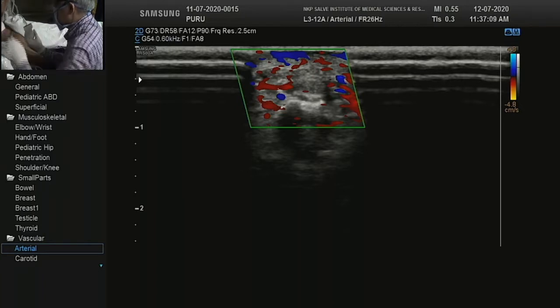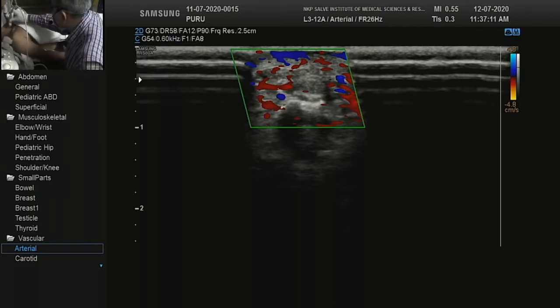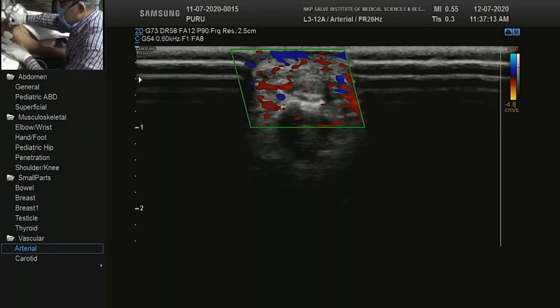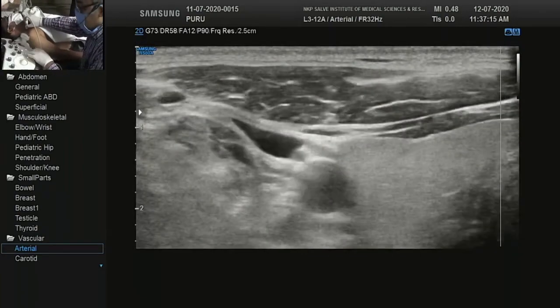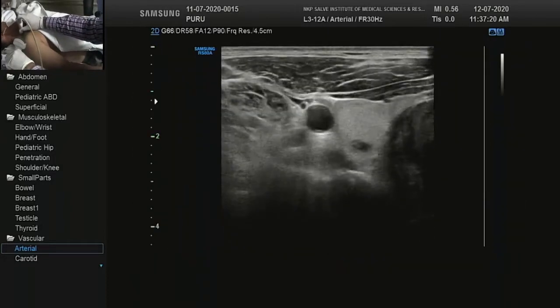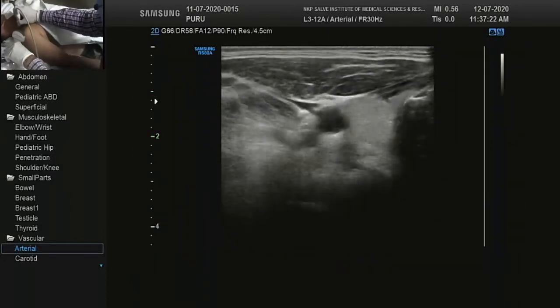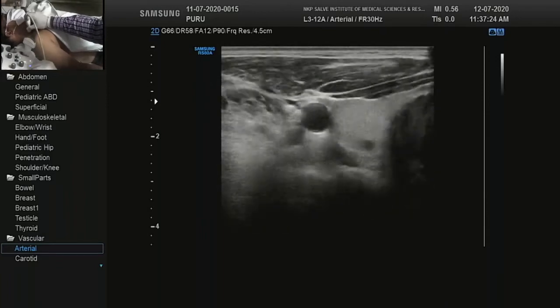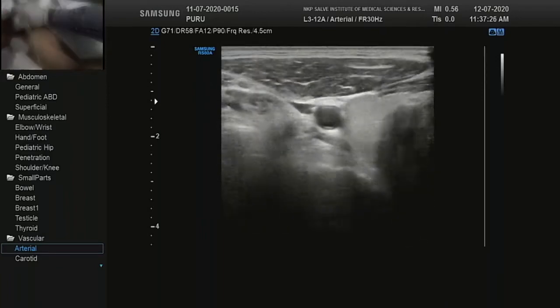Achha, he has sudden loss of vision during the lockdown period, and then he came to the hospital for treatment, and then the doctor found that the radial pulse on the right side is feeble. Sorry.